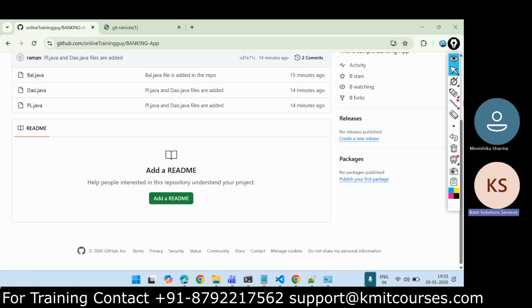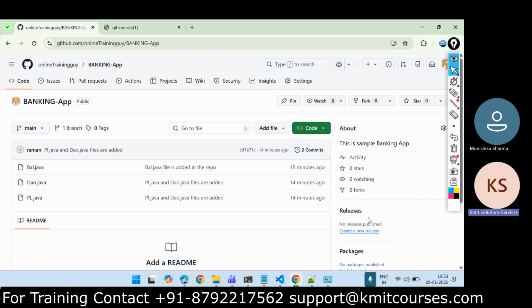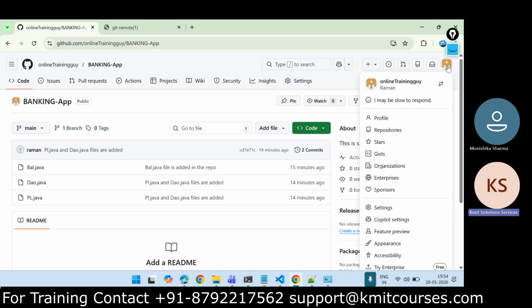But maybe in your case, it will not work. It will ask for the password. And when you are entering the password of your GitHub account, it will not accept it. They ask for the code also. So how to create that? That is called the token. A token with some permissions. So here you can see there is a navigation for the user. If I click on this and open settings,